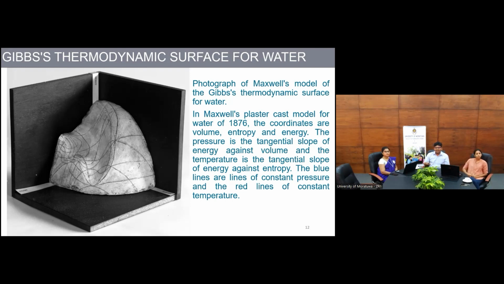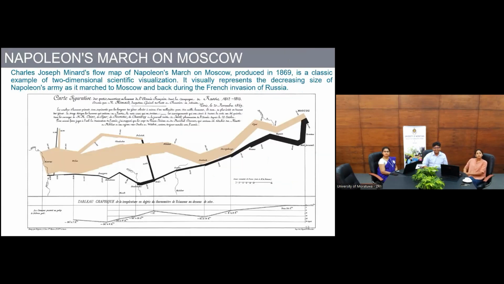And then next, I'll move to another one that's related to war and how a particular army has reduced its numbers from entering Moscow. So this is how the Napoleon's army has reduced in size when they try to enter Moscow. And if you read about this, you'll find a very nice story how they could not account for the weather and the seasonal variations and the slope and all the other whatnots around that area has caused them to deplete in size as an army.